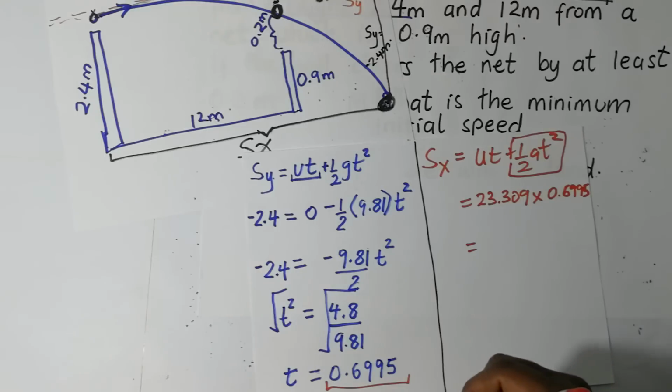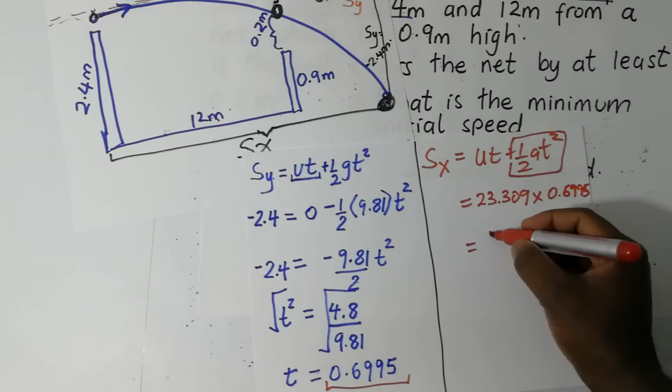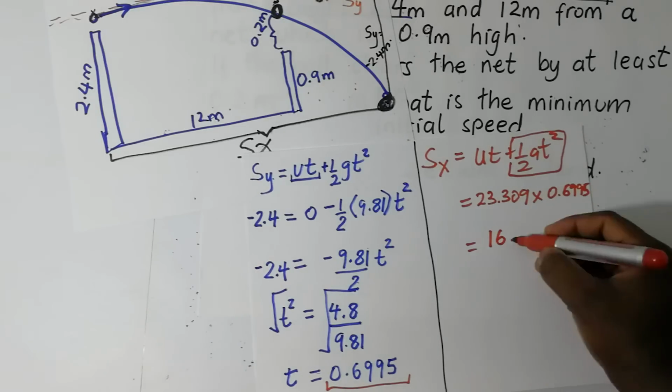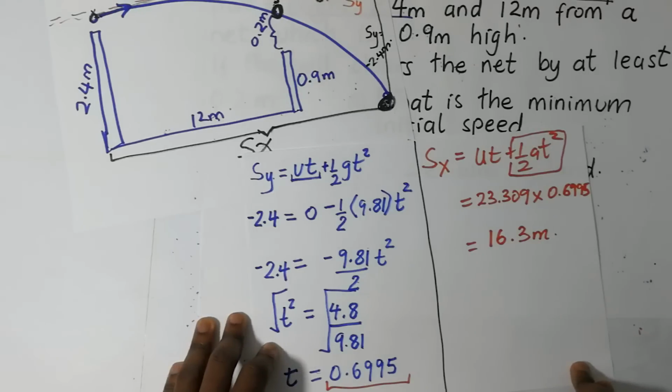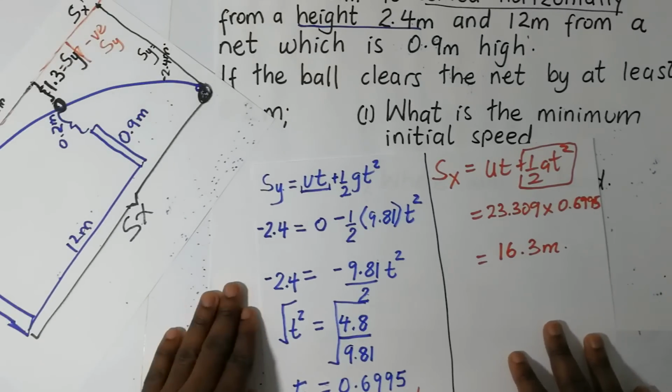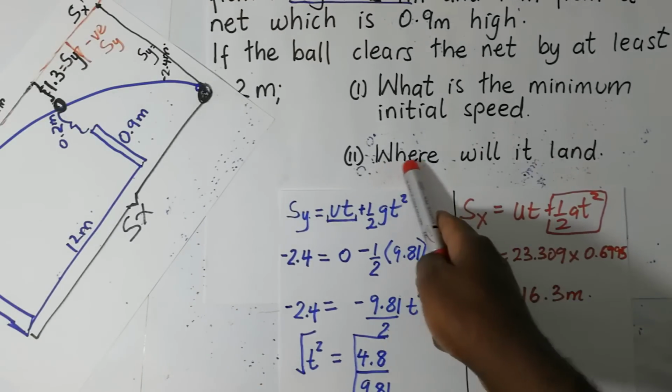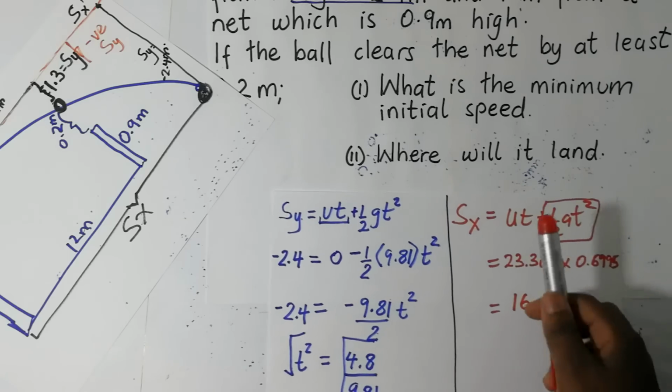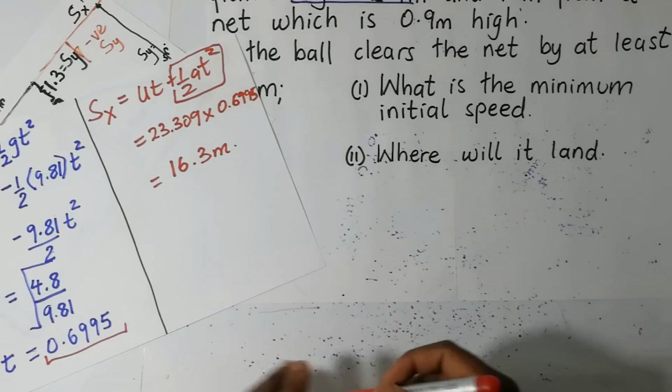I explained why. So that is going to give us 16. After getting the value of 16 right there, we can go ahead and say we've answered this question, where will it land? So we shall simply come here and say that it will land